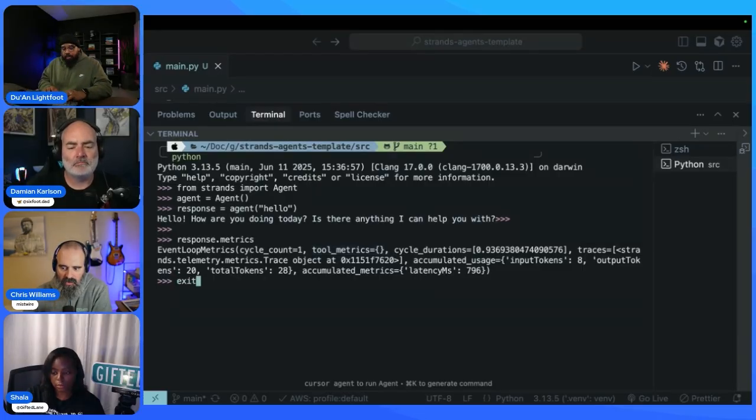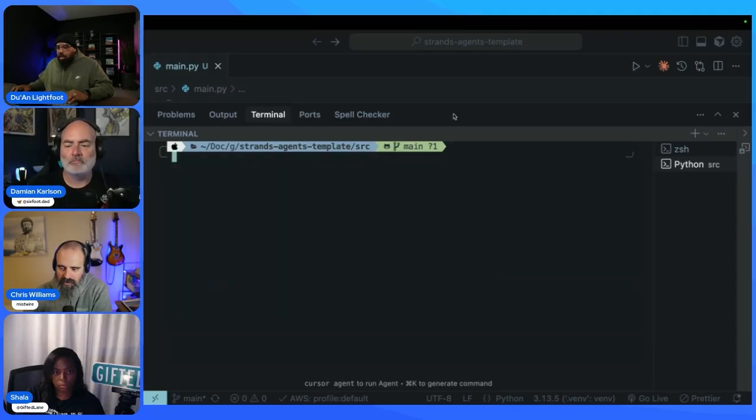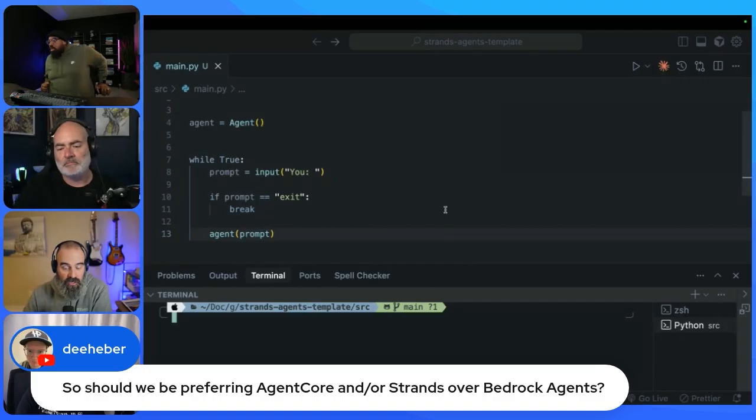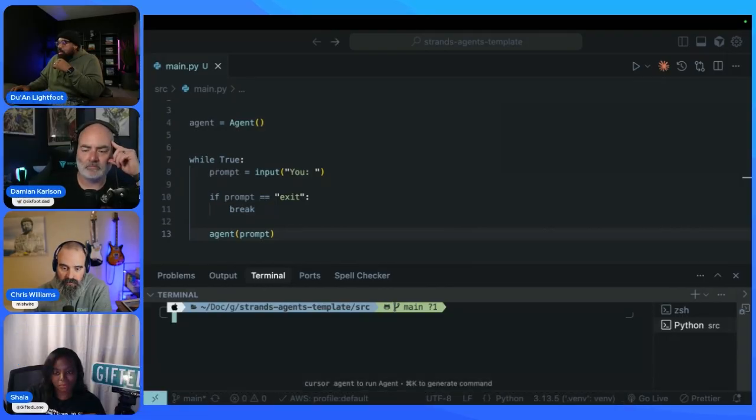Nice. So we have a couple of extremely important questions from the audience. Dee Heber is asking, she's one of the AWS heroes actually, should we be preferring Agent Core and or Strands over Bedrock agents? It all depends on the flexibility, right? If you are using OpenAI or another provider and you need that flexibility, Strands is an excellent choice, right?